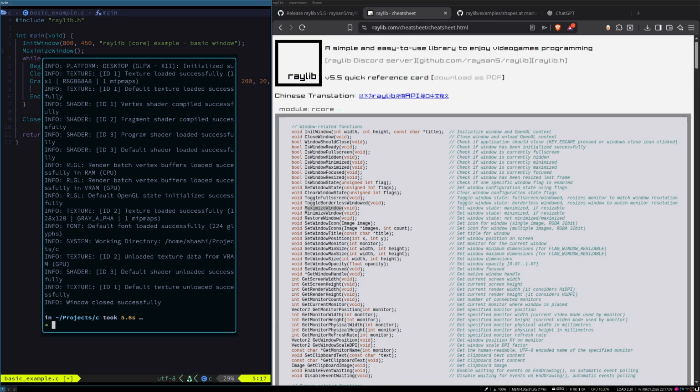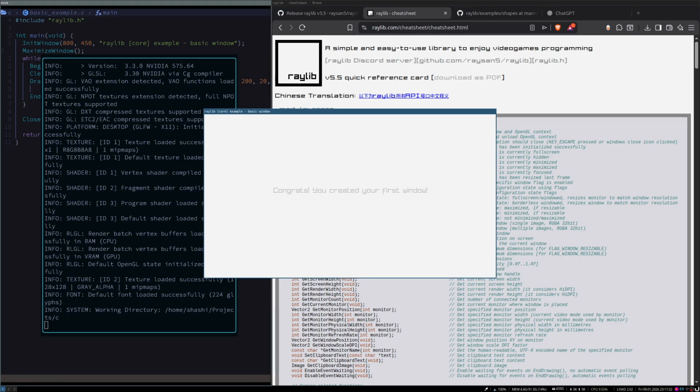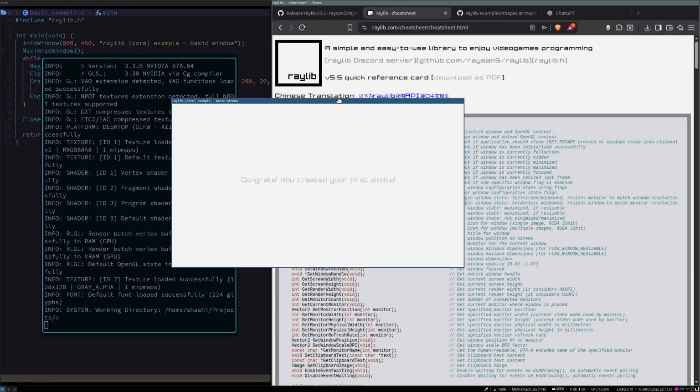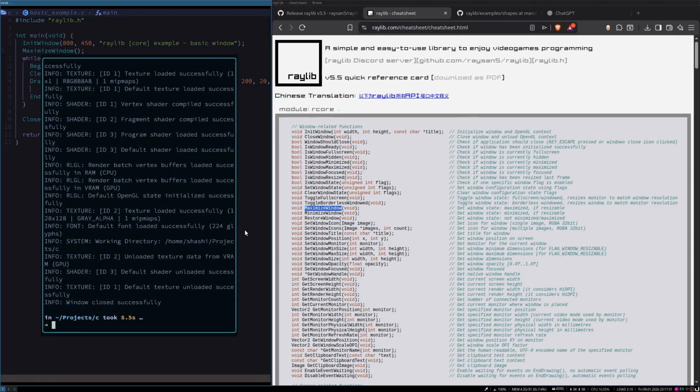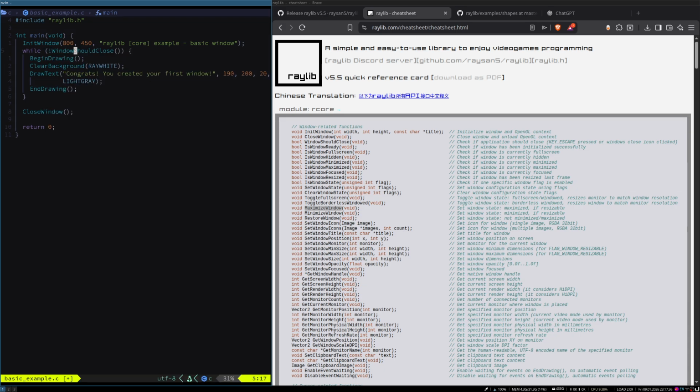Okay. I don't know, set window size, window